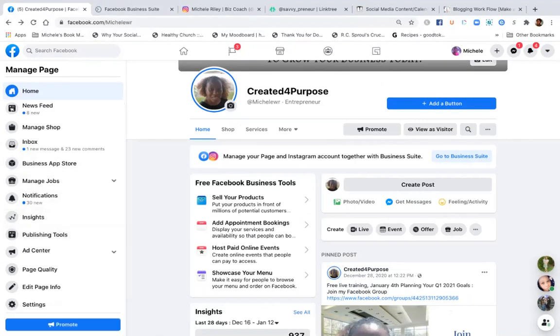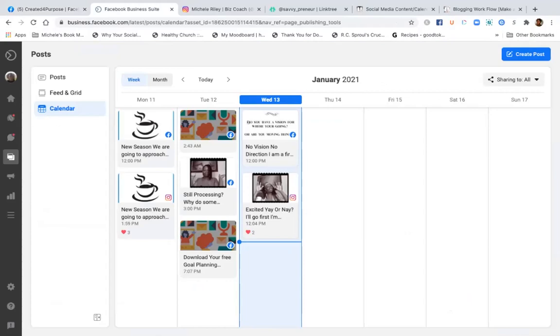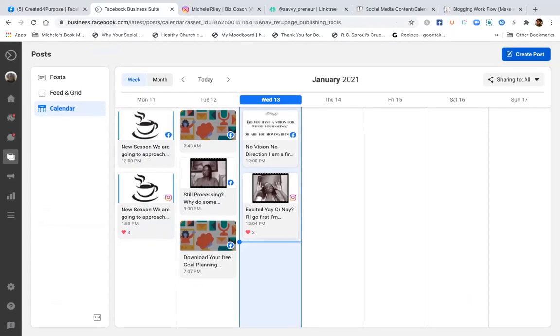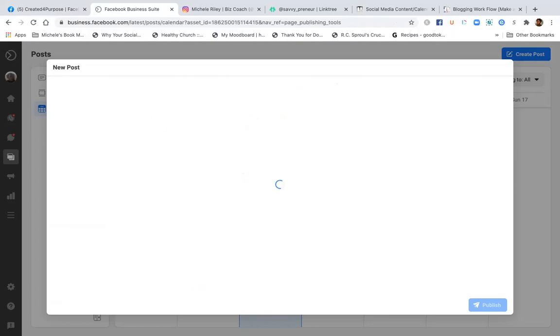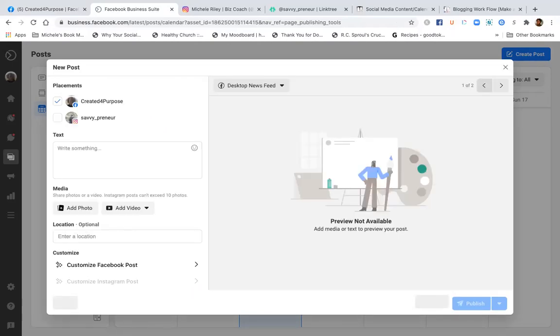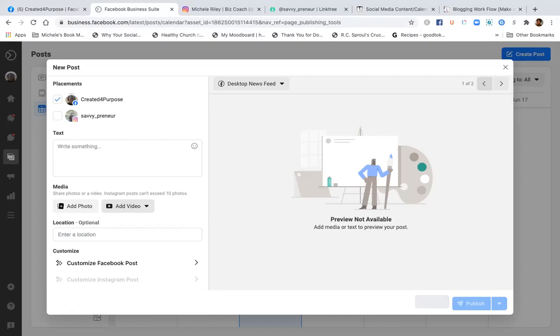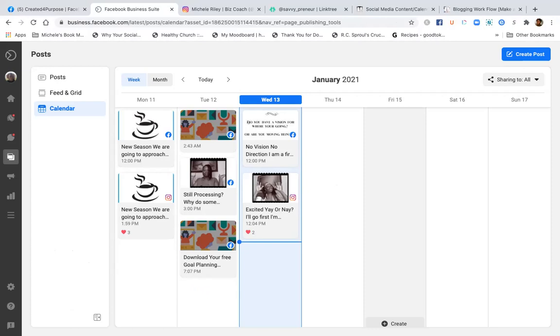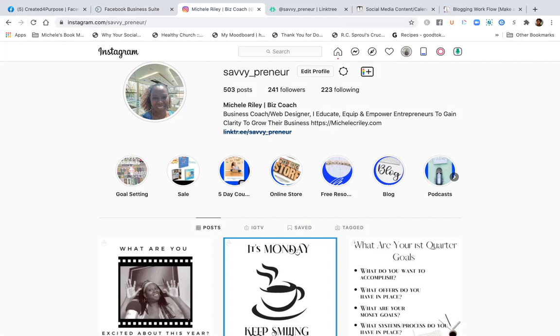When you click that, it's going to tell you to connect it, but again, you have to have a Facebook business account. So you have a calendar that's already within Facebook. Then you can create your post and schedule it out. You can add a photo, you can add a video, and schedule it. I'm not sure how far in advance, but I think it's pretty far in advance that you can schedule out your social media posts.